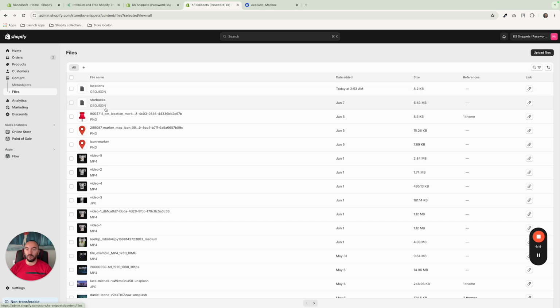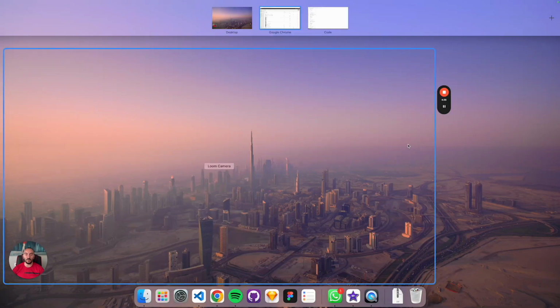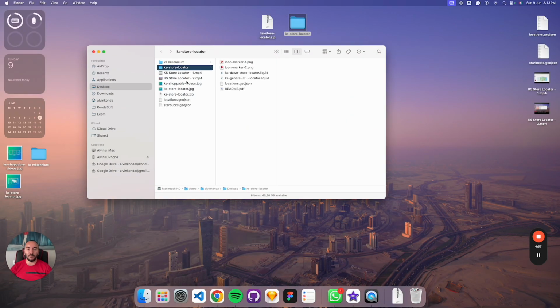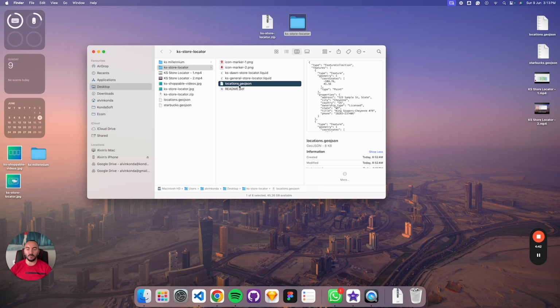In fact, we have two GeoJSON data. We have a Starbucks GeoJSON, which has lots of places that we use on our demo. Okay, so this file here, location.json, is found on a snippet package for you to use and modify and test the snippet. And if we open this file,